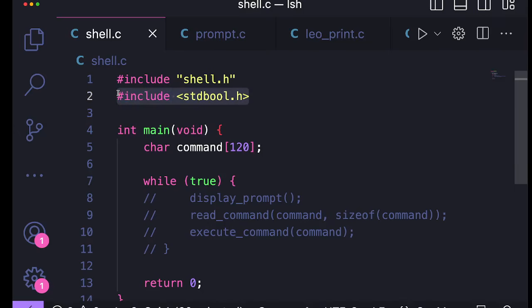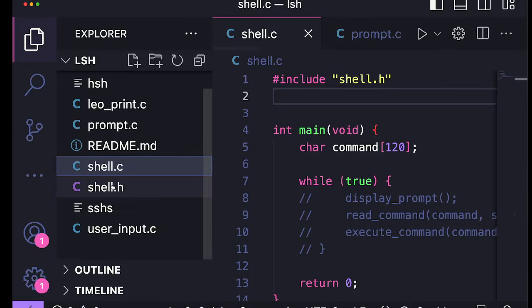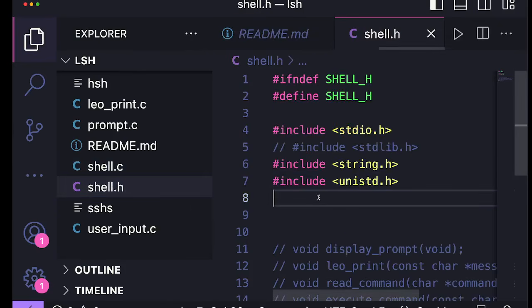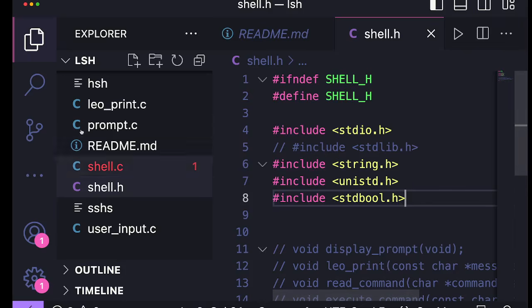And definitely you're not going to put it here. Let me take it out. You're going to put it in your shell.h file. So I'm going to include the standard boolean.h. Then back in my source code file,